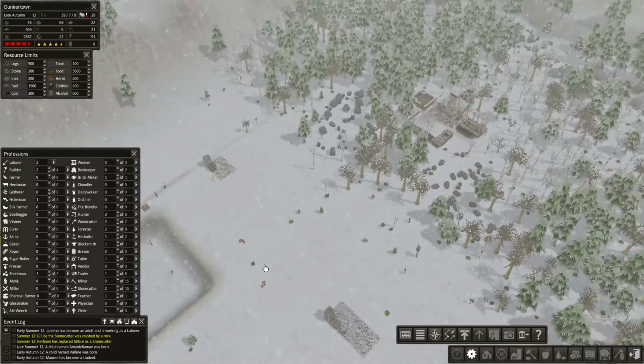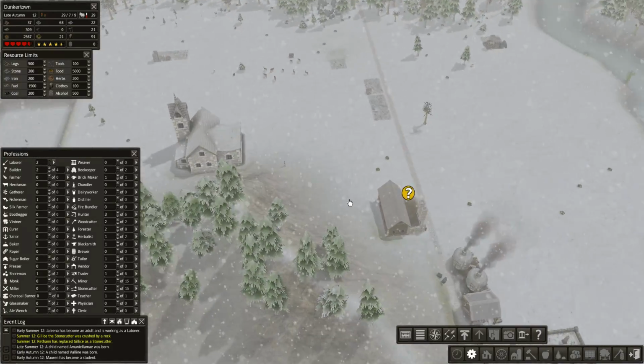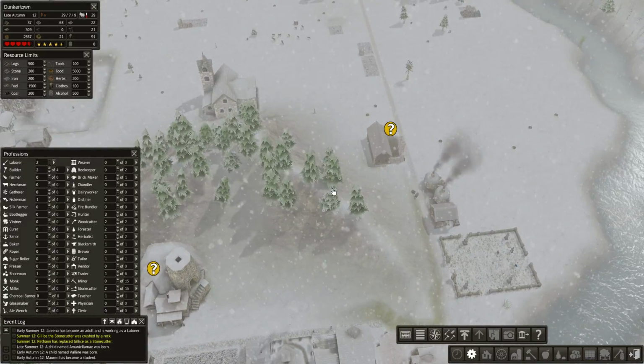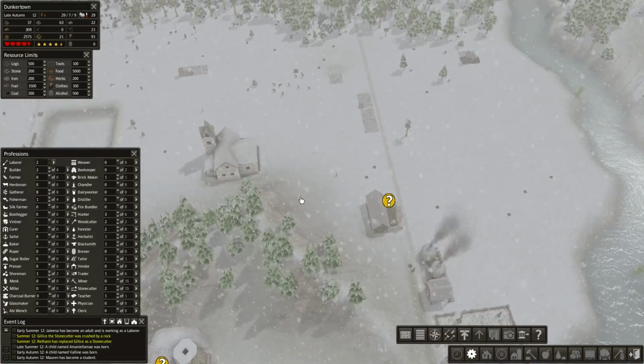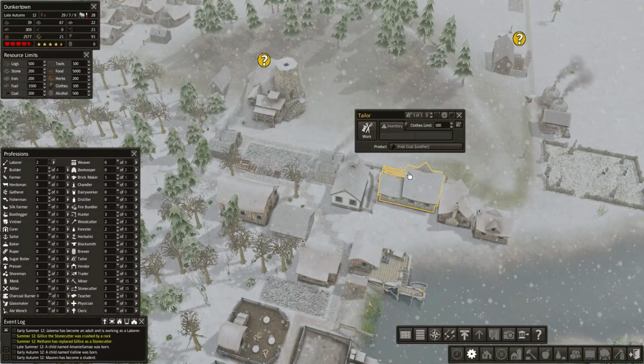We'll see. I mean, maybe we need more meat. But we're certainly not having any issues keeping up with clothing, so hunting is really not that efficient, aside from providing you with some leather. So you need to do some hunting, but...